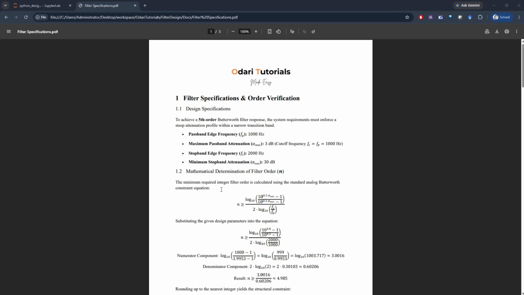So maybe you've been given a filter specification. Mostly you're given the passband edge frequency, the maximum passband attenuation in the passband. You have the stop band edge frequency and the minimum stop band attenuation. So this data, you will use this data using Chebyshev. You can be able to come up with a type of filter order, come up with the polynomial, the